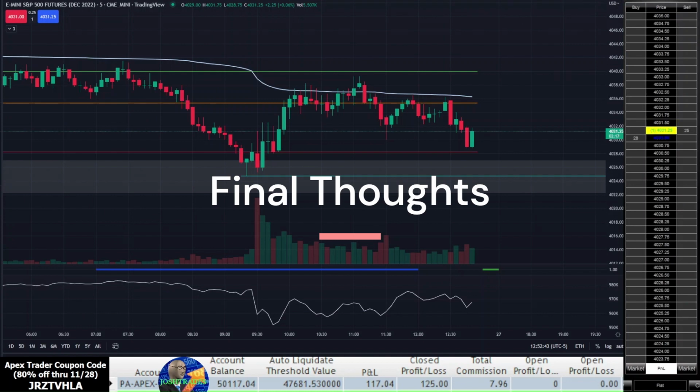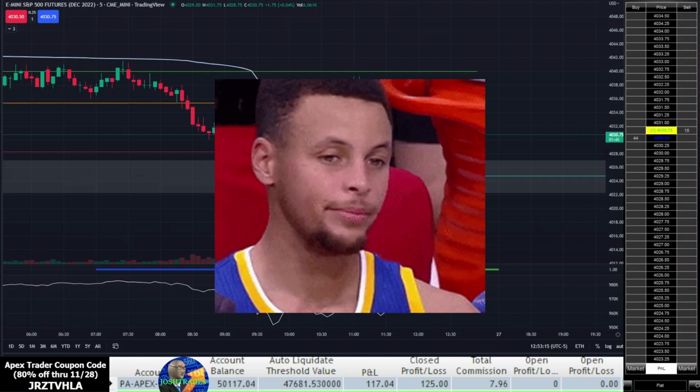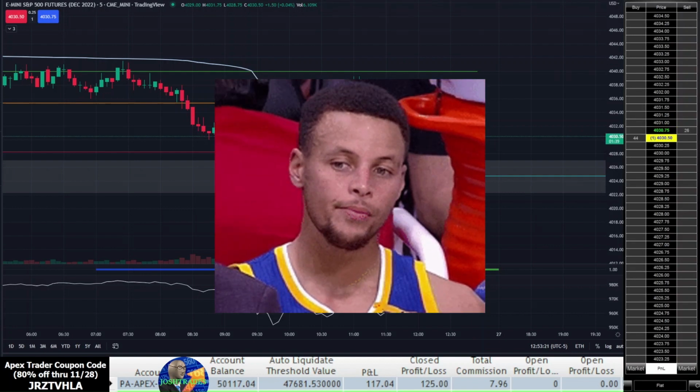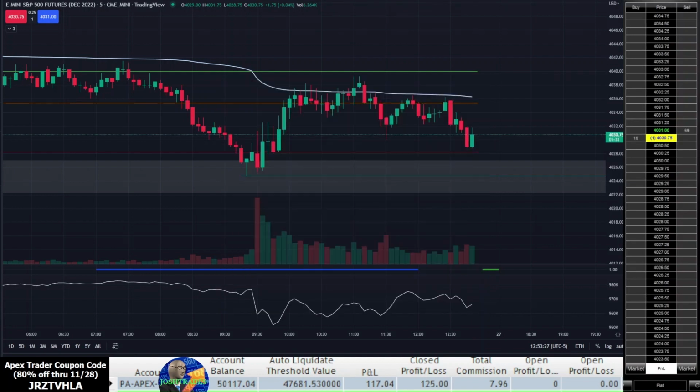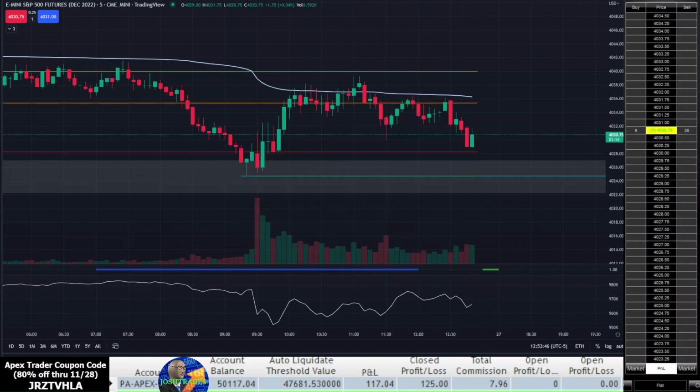So this last trade, had I left it alone, would have eventually hit my profit target. Price got within 1 tick of my stop loss level before reversing, so I think I would have just gotten lucky here. I'm still a little annoyed that I closed the trade early because I'd been so good at letting myself get stopped out on my evaluation account. But now that I have a funded account, I seem to be more afraid of taking losses. This just shows that psychologically, I still need to get better at accepting the maximum risk of a trade before